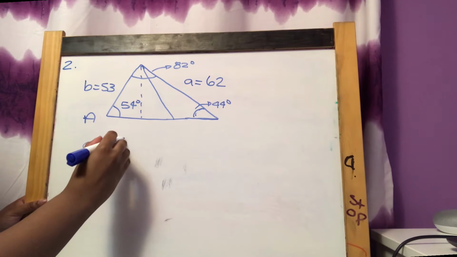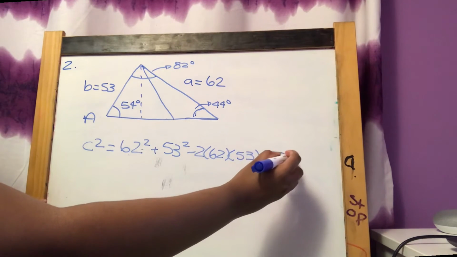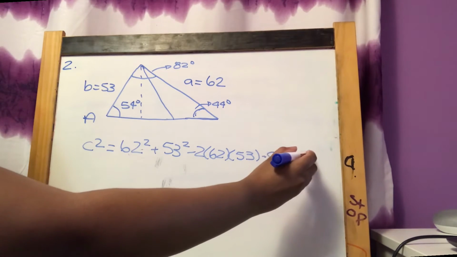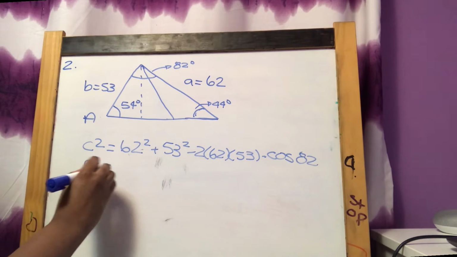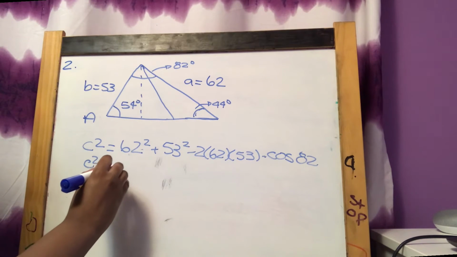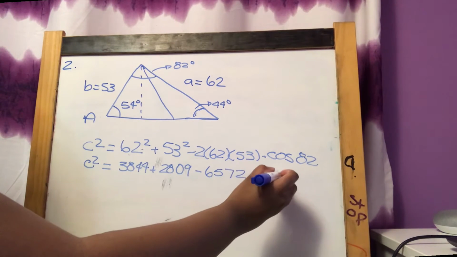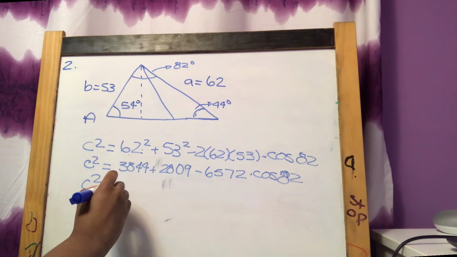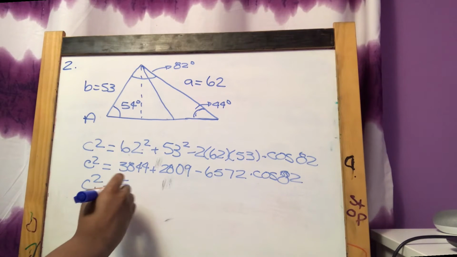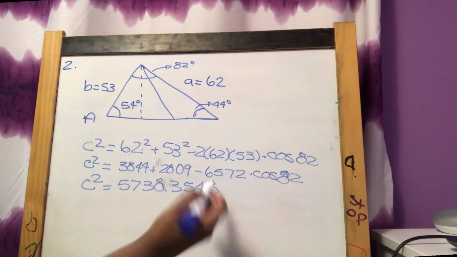And so this is when I plugged in all the numbers to their designated areas. So for A and B, I just put 62 squared and 53 squared minus 62 and 53 and times those two together, and then cos of 82, since that is the angle of C. Then I used BEDMAS to figure out all the numbers entirely, and that whole equation gave me C squared equal to